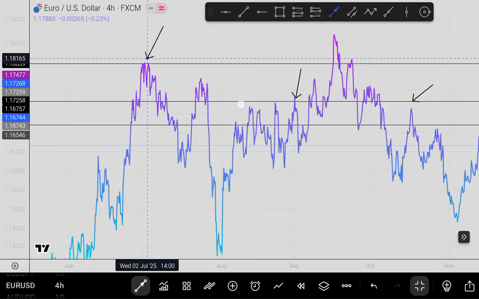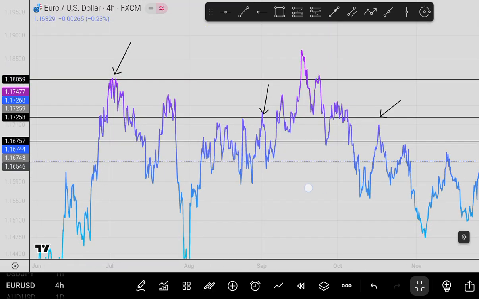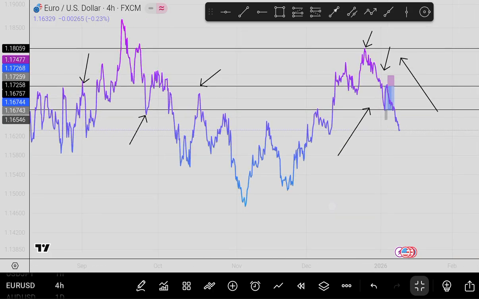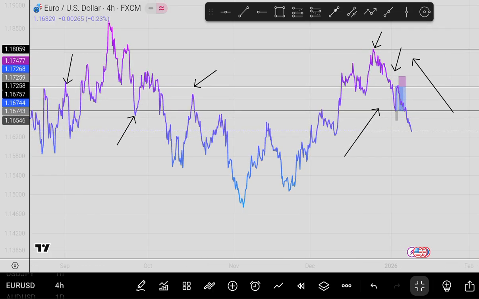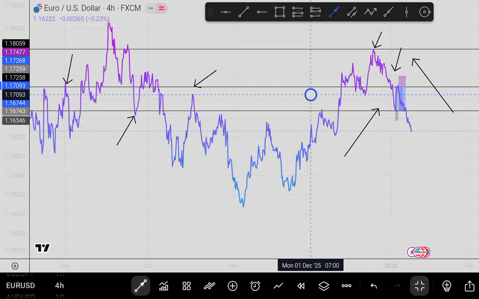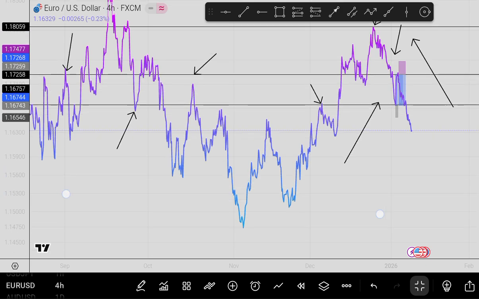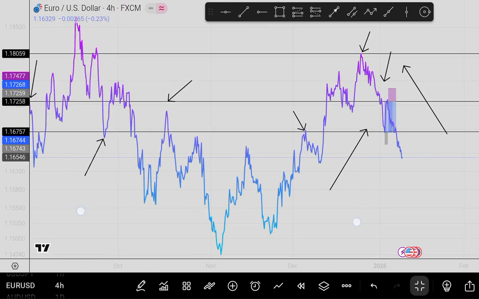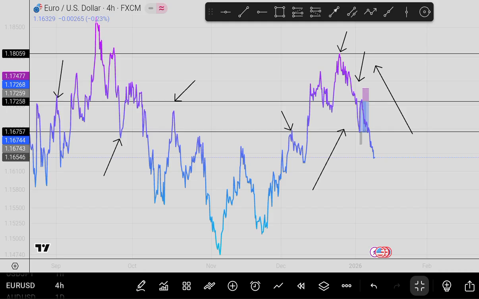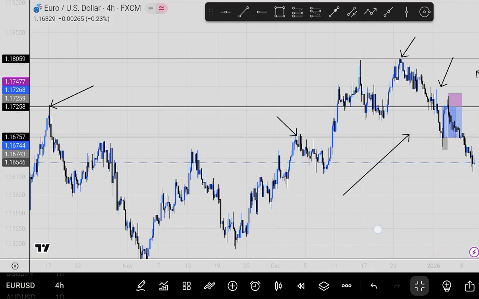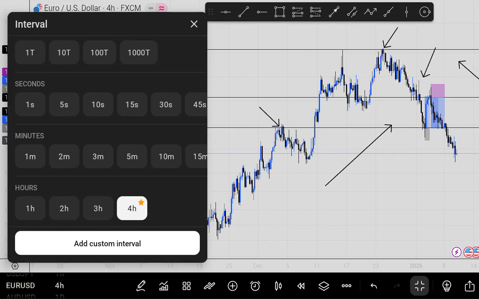Our MNSR support and resistance level, the market keeps rejecting from those two. You can see the market touched many zones on that same support and resistance zone. So MNSR is an advanced way just to find a turning point, the recent market turning point, then you draw your horizontal line. You can see. So let's go to a lower time frame so that we can add another support and resistance level. So let's go to the 1 hour time frame,